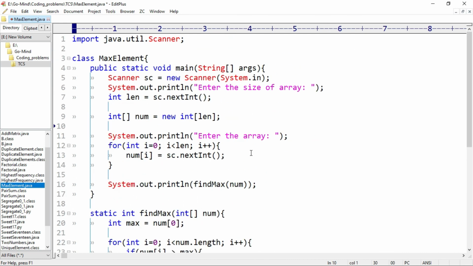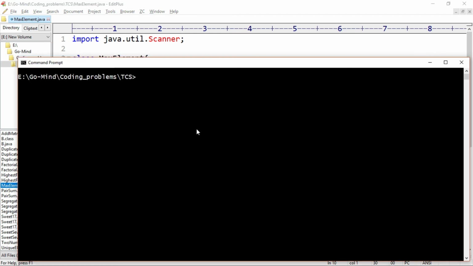Alright, now running MaxElement.java. So back to the command prompt, javac MaxElement.java. See, the file is compiled successfully, and now java MaxElement. Okay, so it is waiting for our input.